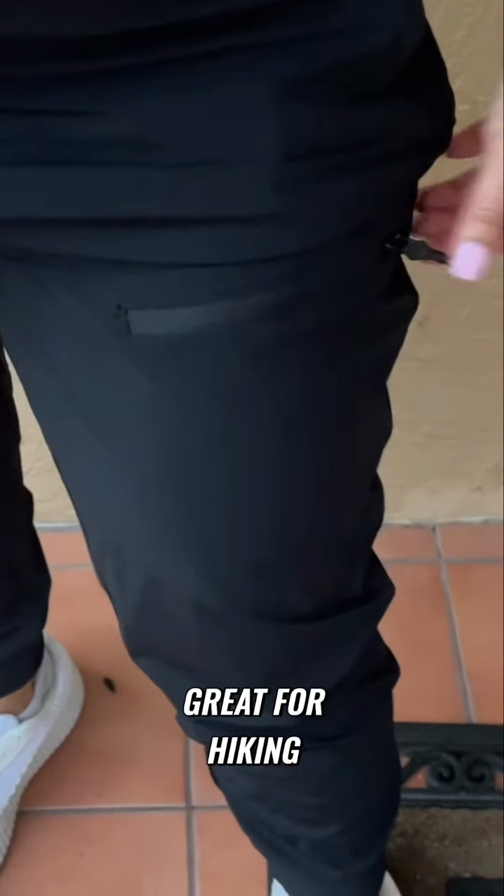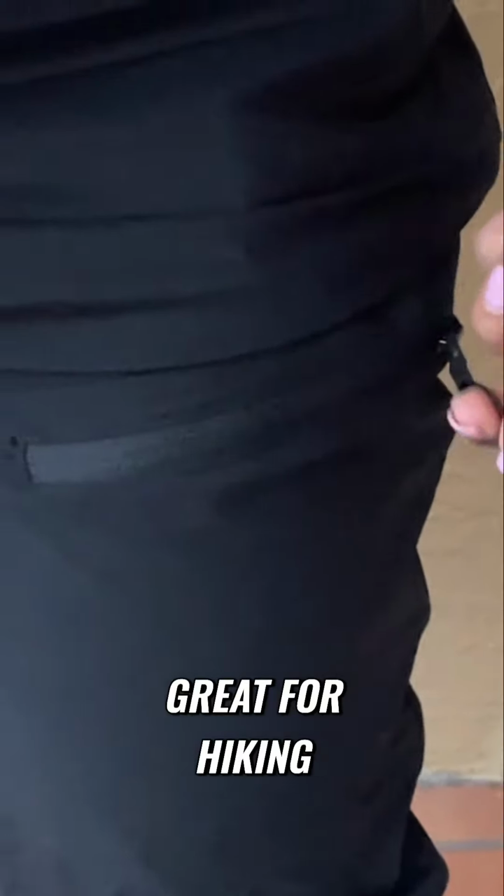They are a black pair of joggers, and they are also great for hiking. They are great for outdoor sports. They're great for running. And I just love them because look, they have all these pockets that are so comfortable,